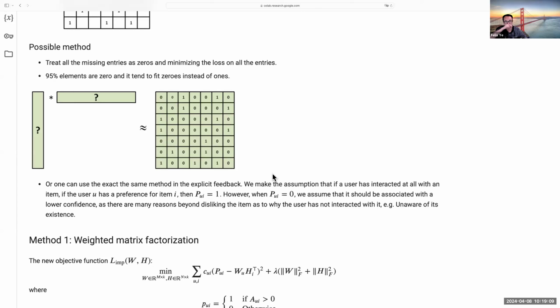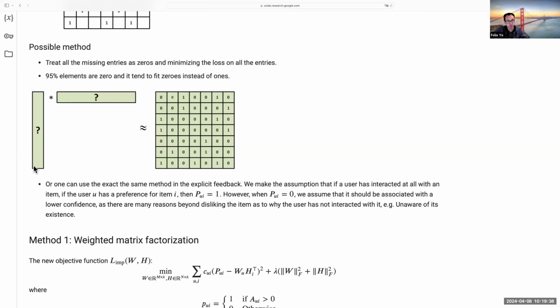Okay, so we can do a lot of interesting stuff, right? To work on this kind of problem turns out not to be very easy, because a possible method is you can treat all the entries as zero and minimize the loss for all entries. If we want to do matrix factorization,